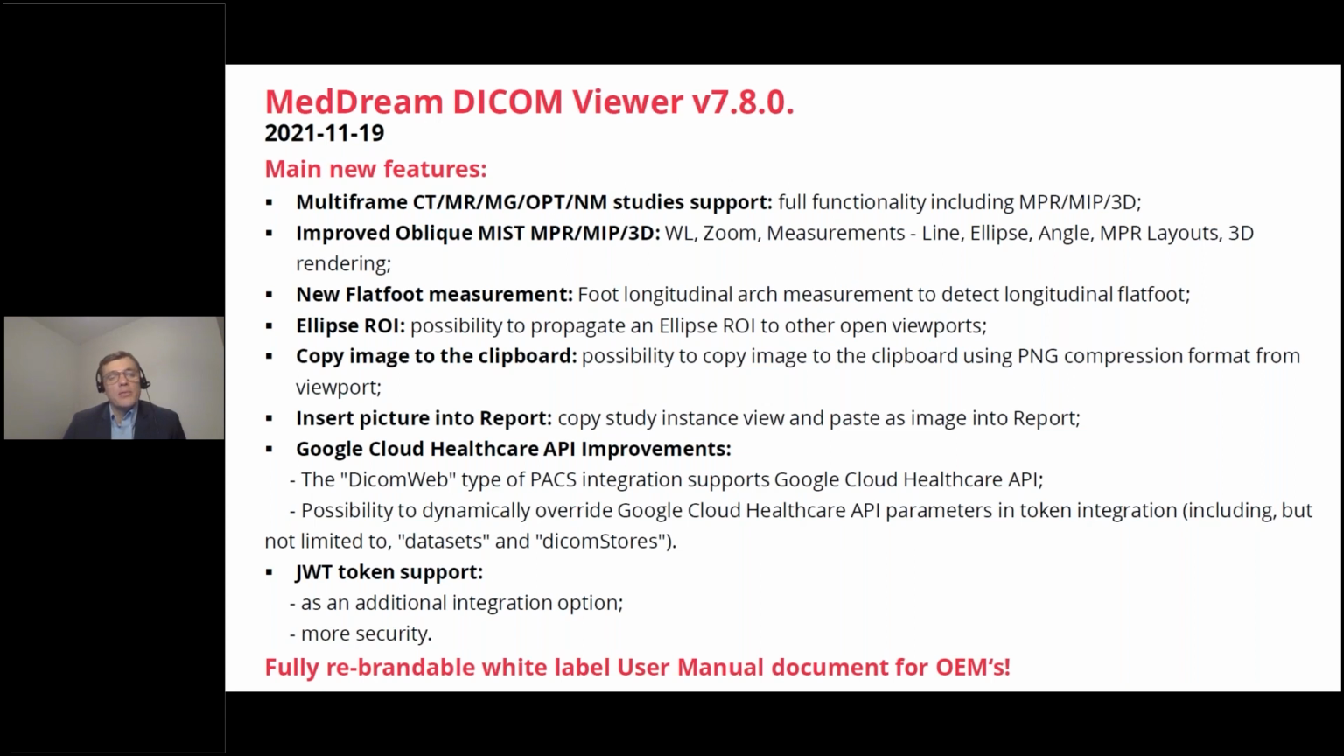So we implemented a very nice feature; later on I will show a new measurement to measure the flat foot. It's an automated measurement: you put 3 dots and you get the measurement of a flat foot. This beta version was already tested in highly loaded environments and we got very positive feedback. There are other possibilities too, like propagating ROI measurements to other viewports automatically, which also gives